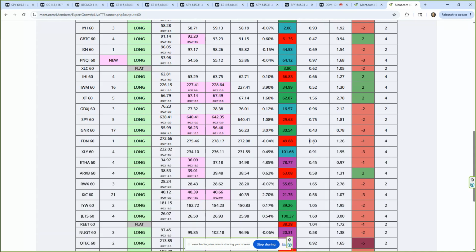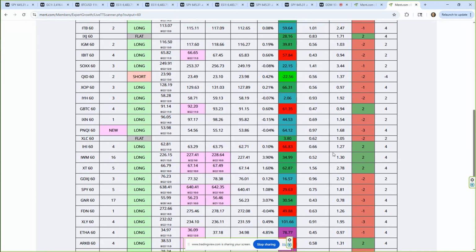Now with the profit factor and the win rate setting up like this, 0.63 and 1.26, I'd tell you it's half allocation. The closer you get to one or higher like this is 100% or 80% allocation. This is 50% allocation. This is 100% allocation. That's a great number. This is 100% allocation. This is 50% allocation. Let me try to find you something that I would say would be 60% or so.